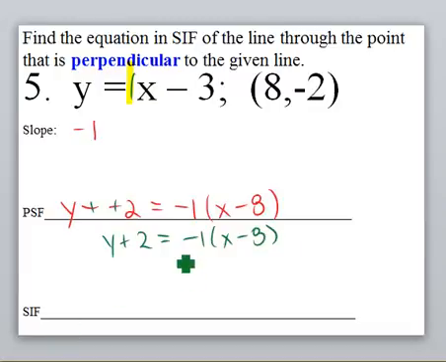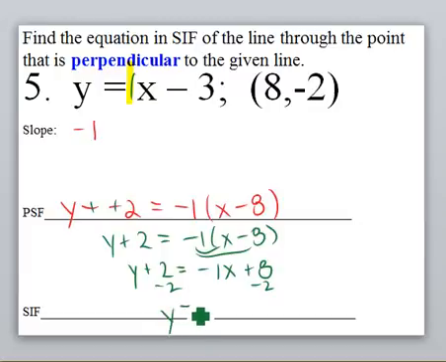To put it in slope-intercept form, I would distribute. So I end up with y plus 2 equals negative 1x plus 8. And then I would subtract 2 from both sides. Now I don't need to write the negative 1 as long as I have the negative, so I'm just going to write it as negative x plus